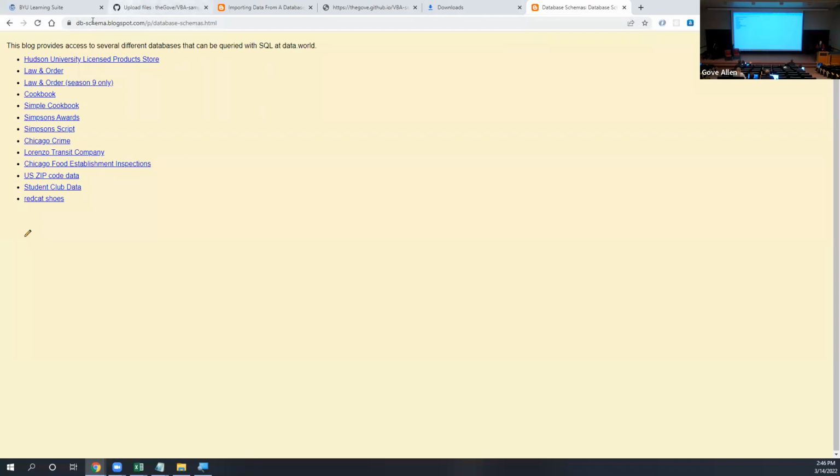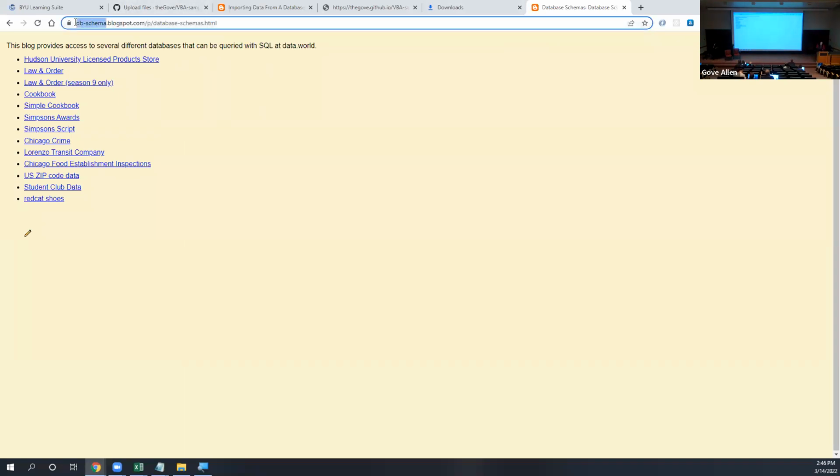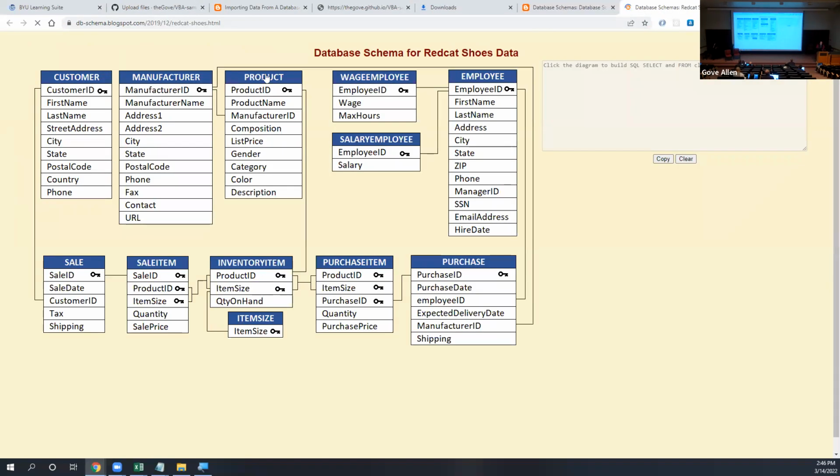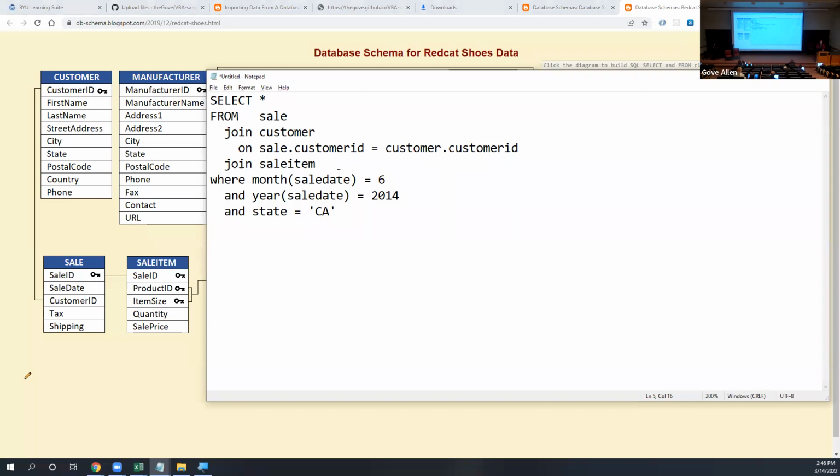I happen to publish a few of these on a blog called db-schema.blogspot.com. And Red Cat Shoes here will kind of show us this. So right now what we've done is we've joined the customer table to the sale table where the customer ID in the customer is equal to the customer ID in the sale. So we can see from this picture that the sale item table is connected based on the sale ID. So I could join onto that table that way, join sale item